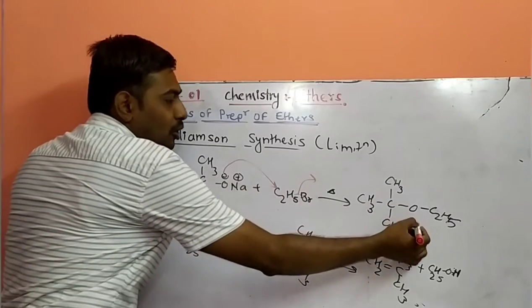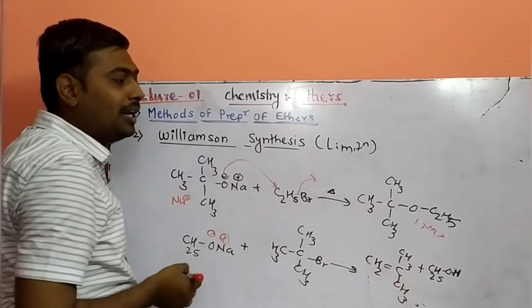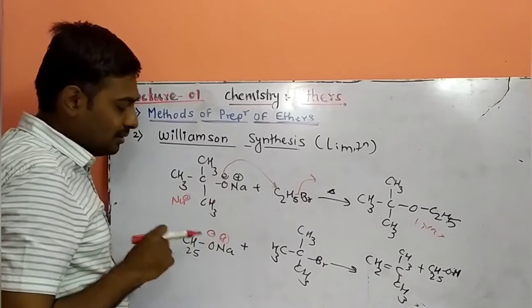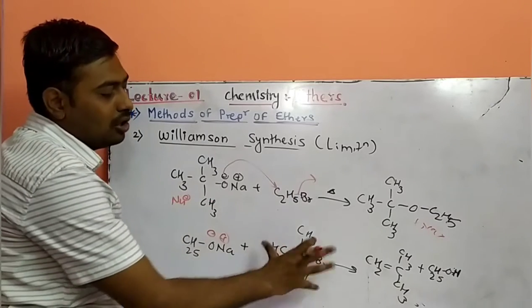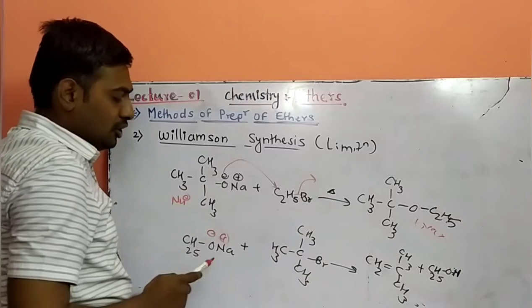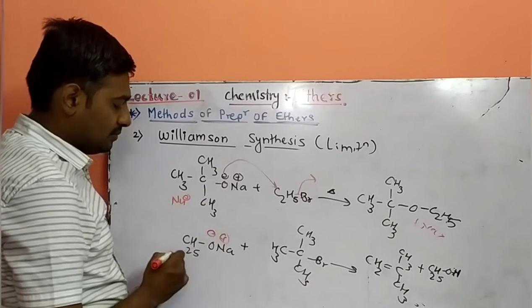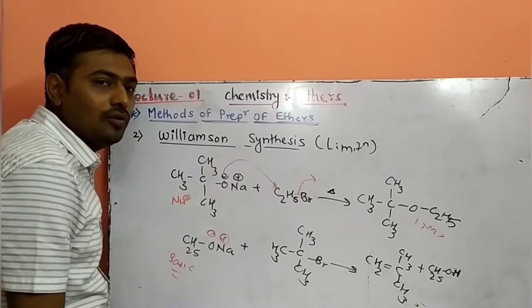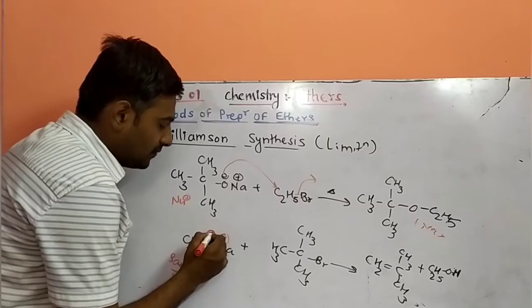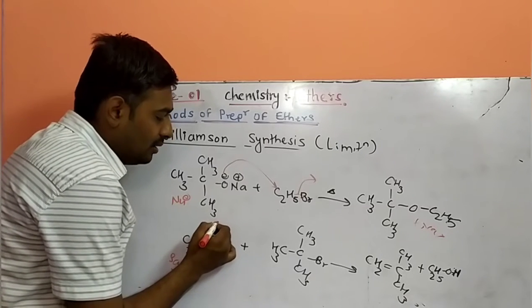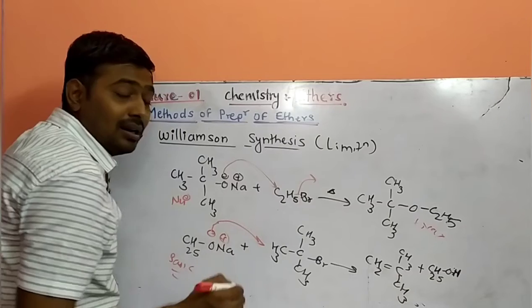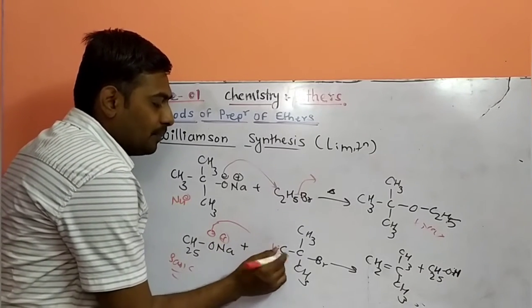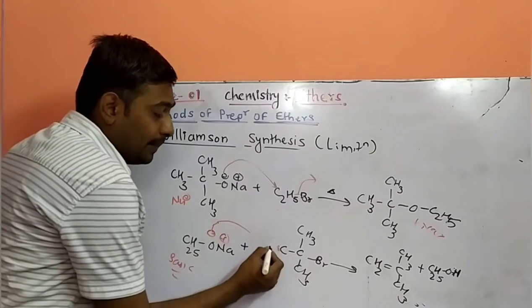CH3 and NaX as a byproduct in this reaction, or NaBr as a byproduct, you will get the substituted product. But what happened in this second reaction? Here the smaller molecule cannot attack the larger molecule. Here the nucleophile is bulky, so its basic character shows. The nucleophile cannot show nucleophilic nature, it shows basic nature. So C2H5O acts as a base rather than a nucleophile. So what does it do? It abstracts a proton from the adjacent carbon of the molecule. So what will we get?